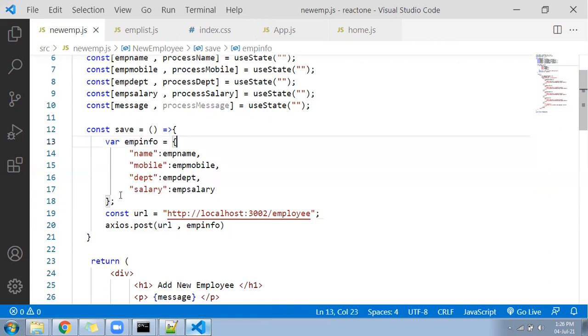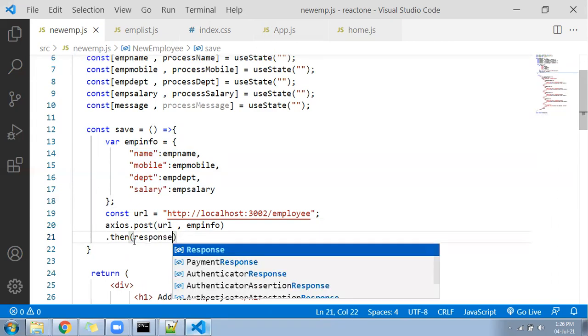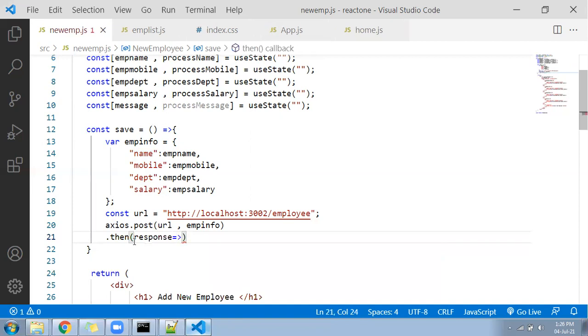Okay. So we are here. empInfo got ready. This value has come from the text boxes. Array got ready. URL is also ready. Now on this URL, we are going to post the array. For what purpose? To add inside the list. Then you can follow here, call then as a promise function. After that, you will call a response variable, and in this response variable you will get some data. That data will not come from there, some status will come.